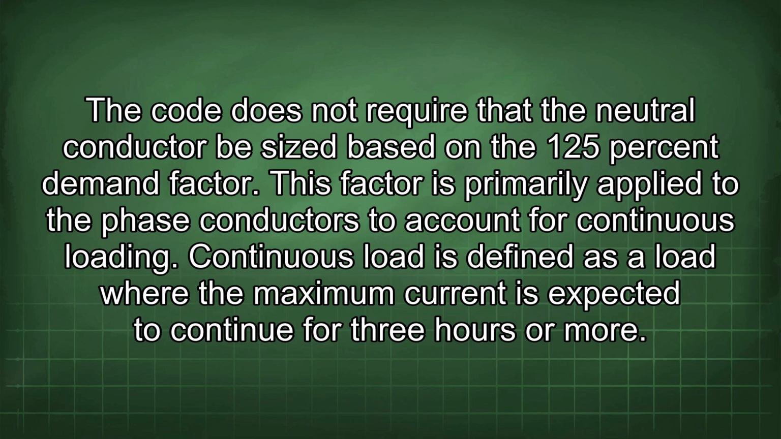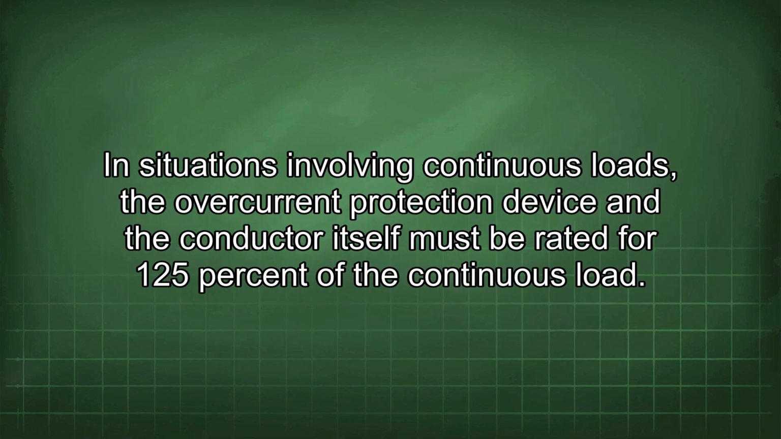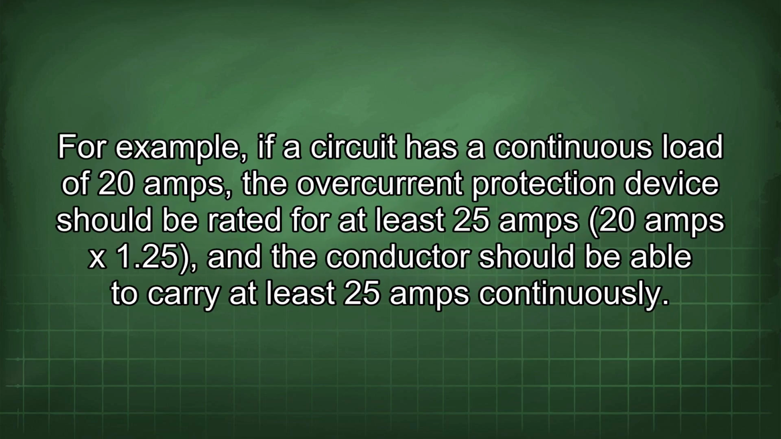Continuous load is defined as a load where the maximum current is expected to continue for 3 hours or more. In situations involving continuous loads, the overcurrent protection device and the conductor itself must be rated for 125% of the continuous load. For example, if a circuit has a continuous load of 20 amps, the overcurrent protection device should be rated for at least 25 amps, 20 amps x 1.25, and the conductor should be able to carry at least